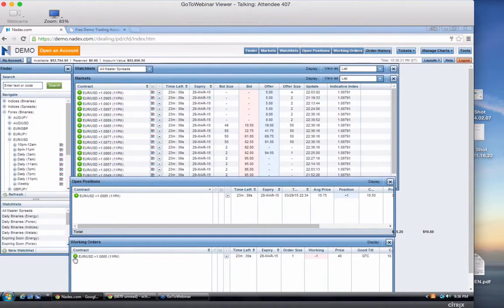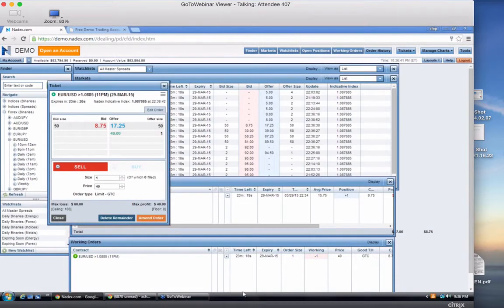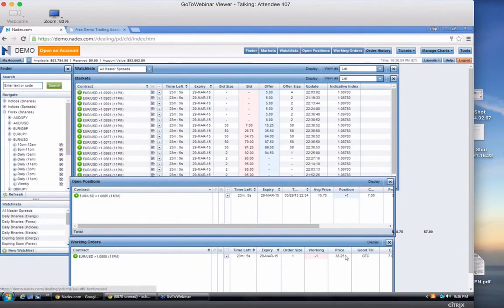But so what I did was I put on this order to sell one at 40 above the market. So beyond, I don't have my little calculator here, but it's over 100% return. Yeah, absolutely. But I need the underlying to pop up. Now, if I decided, as I'm watching it, I don't know if it's going to get that high, maybe I'm getting greedy, I can always lower it and amend the order, and there we go. Then we put it in a little lower. So we can change orders, and